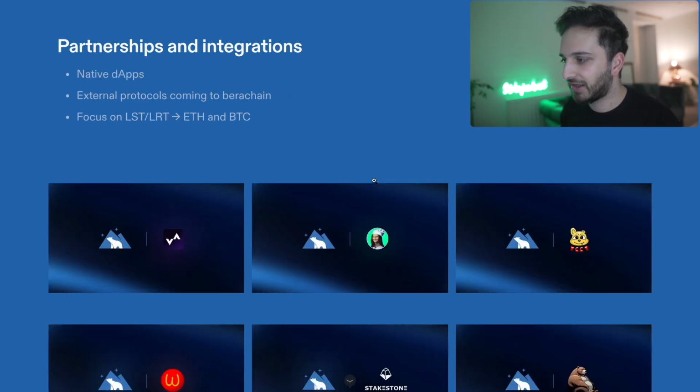One thing that's made it even stronger is the partnerships and integrations that they have. They have integrations with the native ecosystem apps, external protocols that are on other chains coming to Berachain, and a real focus on assets that will generate lots and lots of TVL and volume, the likes of ETH assets, BTC assets, LSTs, LRTs, big assets.